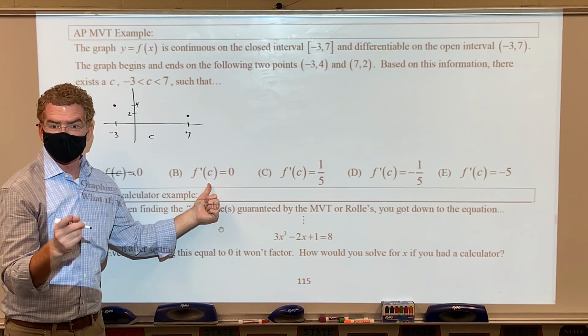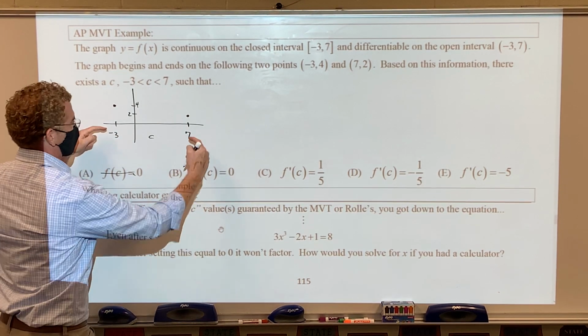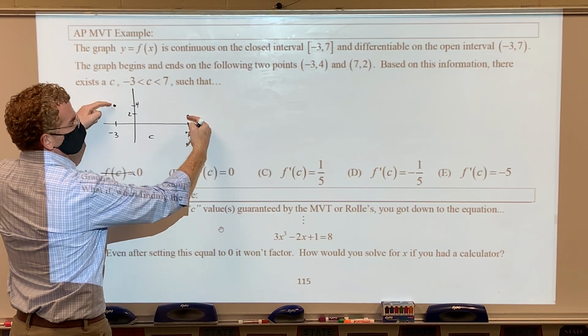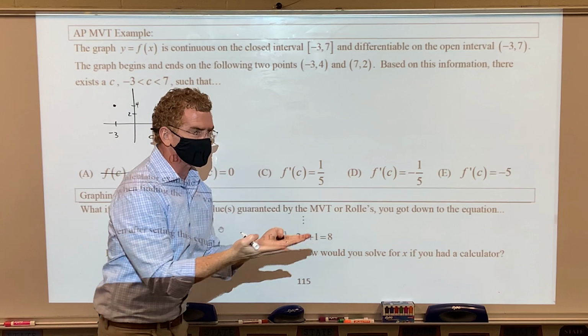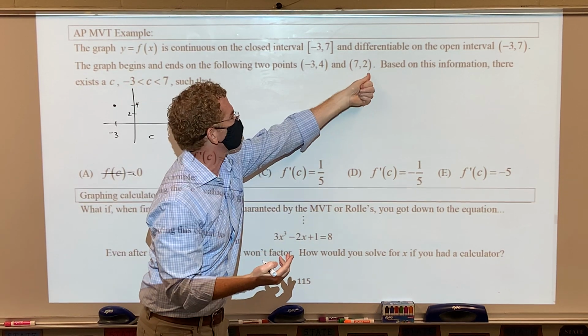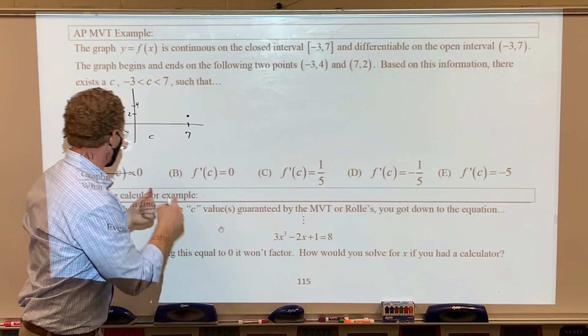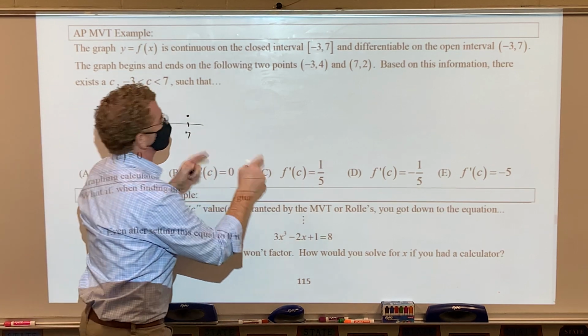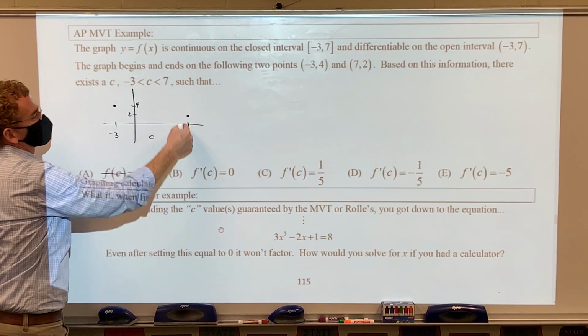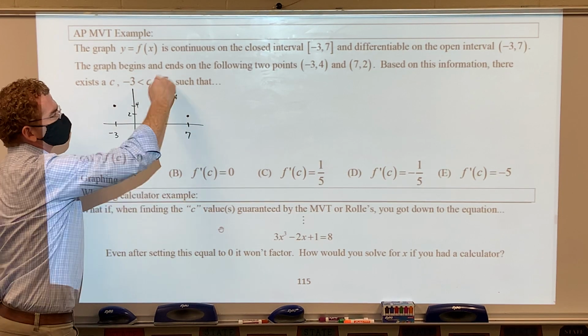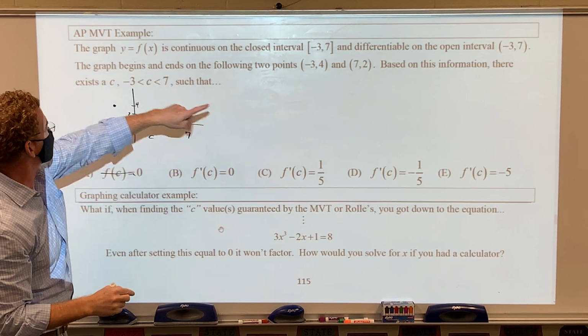Rolle's theorem. But with Rolle's theorem, what would you have to have? The y values at the two endpoints are the same. Now, if that said 7, 4, do you see how they sneak that on you? They go, oh wait, the y values at the beginning and the end are the same, then that would be guaranteed. But the y values are not. Now, does that mean that this doesn't have a slope of 0? No, it can totally have a slope of 0. You can have a slope of 0 a bunch of times,